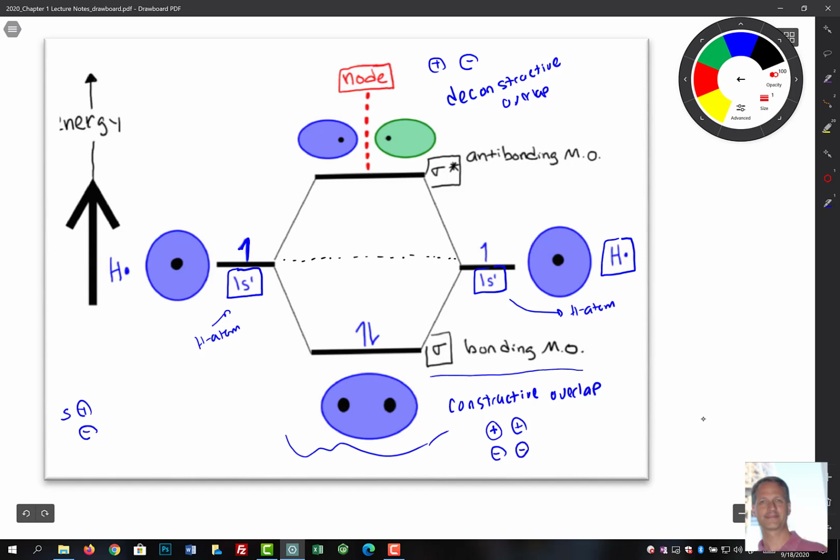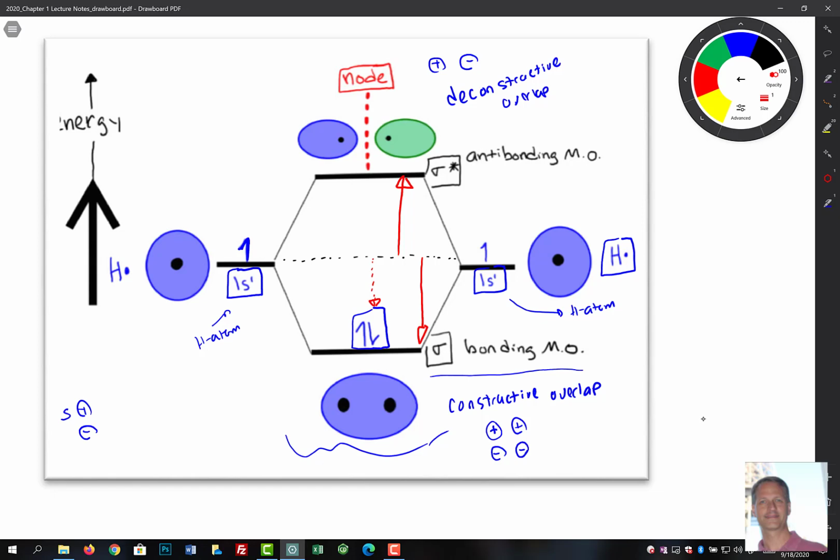And then when we add them together, we get stabilized by some amount of energy, and we get destabilized by some amount of energy. Now in the end, to figure out if this is something that's favorable that might occur, we put the 2 electrons in and we get this. So the 2 electrons are in a lower energy, right? They've been lowered down by this amount of energy,